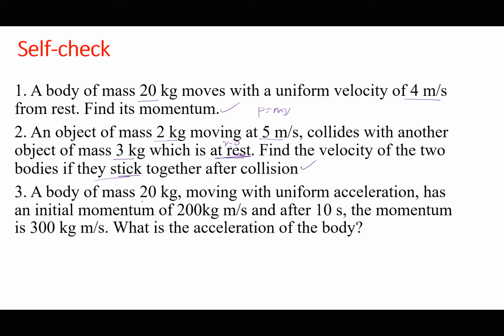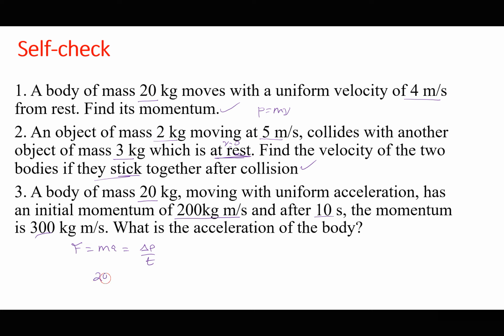A board of mass 20 kilograms moving with a uniform acceleration has an initial momentum of 200 kilogram meters per second, and after 10 seconds, the momentum is 300 kilogram meters per second. What is the acceleration of the body? So you have a change in momentum. The resultant force F is equal to mass times acceleration, which is the rate of change of momentum. So you want to find the acceleration. So I would simply say